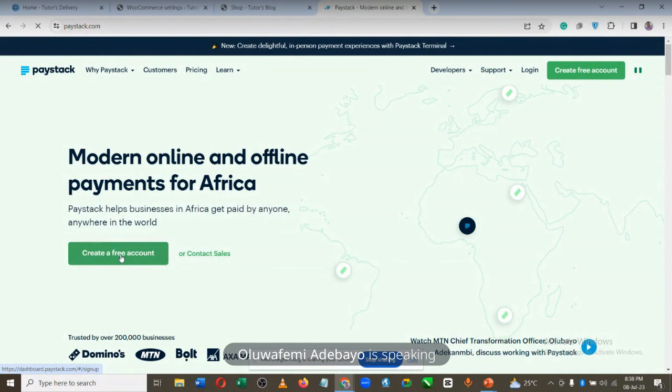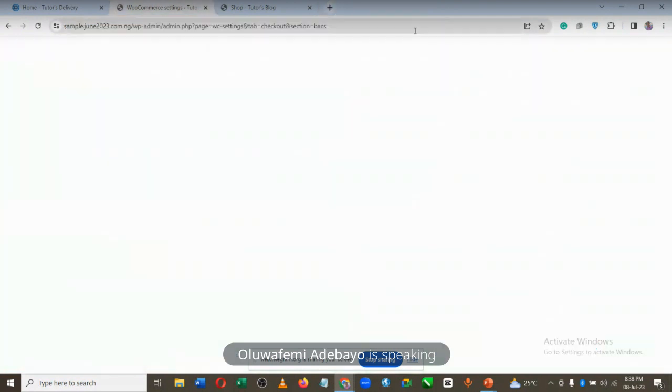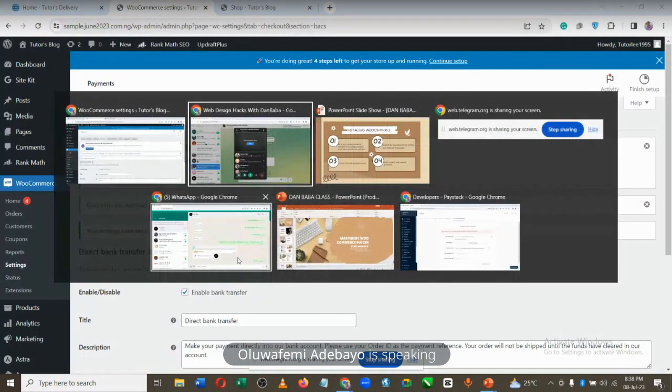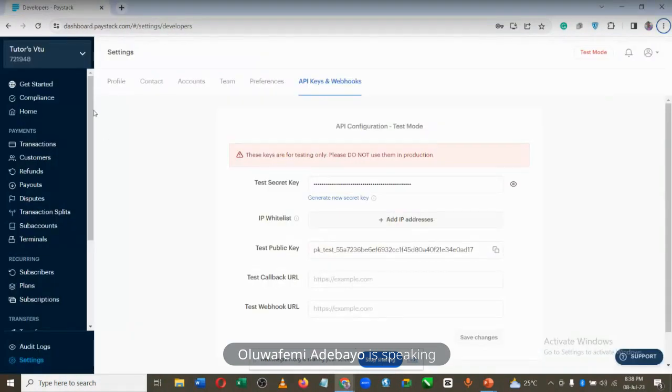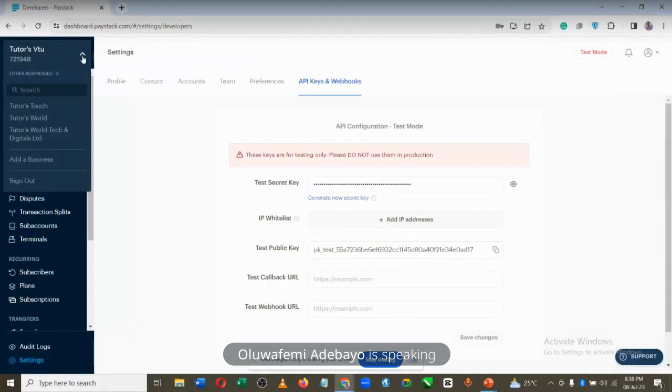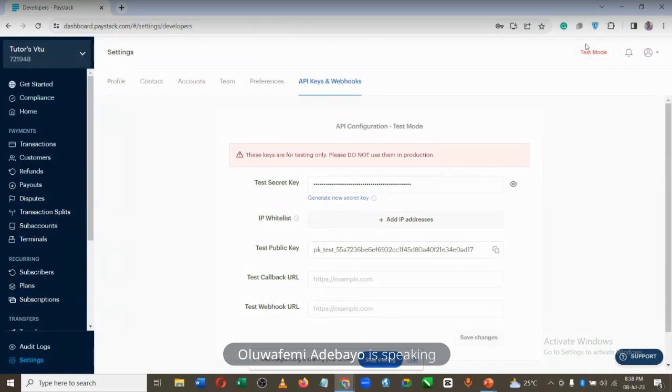Now, for some security, I might not be able to log in, but I logged in before we started. I logged into one of my accounts with them, like one of the demo accounts. And if you create an account, you can see this place carries test mode. If you create an account and you did not verify those details, or the details are not valid, or they are yet to validate it, you are only going to have a test mode